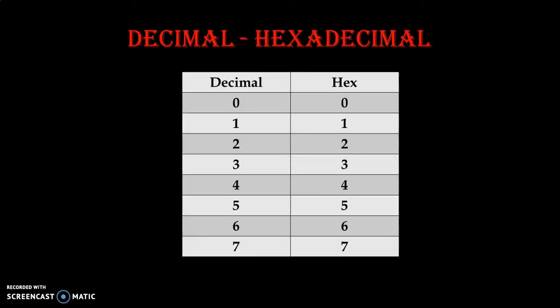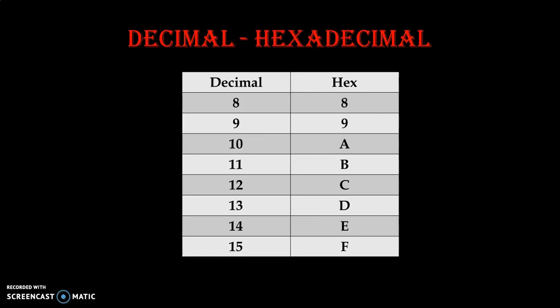Now let us compare equivalent hexadecimal values with decimal number. In case of decimal, we have similar values 0 to 7. In hexadecimal also, we have exactly similar values for 0 to 7. In decimal, we can go maximum value up to 9 in single digit. In hexadecimal, we have similar value for 8 and 9. In decimal, if we go beyond 9, then we have to use 2 digits, that is 10, 11 and like this.